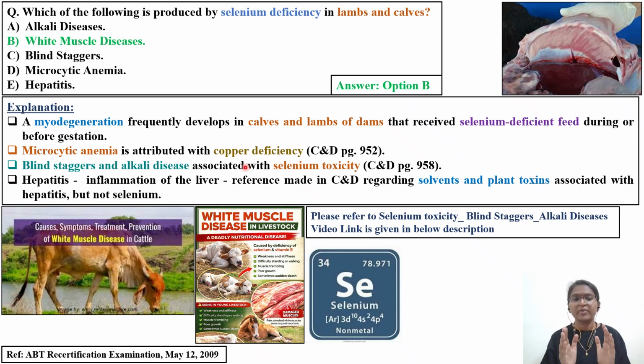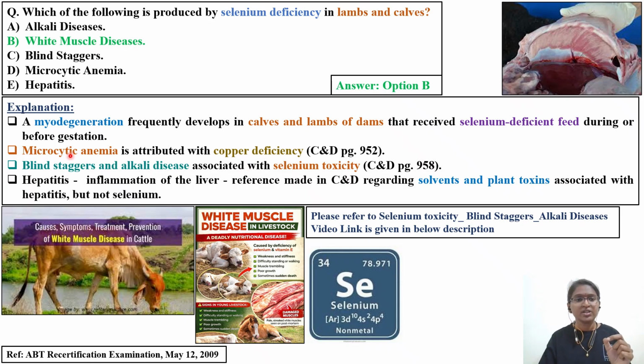Another thing here, pause the video and try to make notes. You have to read about different types of anemia, like megaloblastic anemia, aplastic anemia, microcytic anemia or macrocytic anemia. For different types of anemia, one or two questions you will get in the exam. So try to make notes, make a list of types of anemia and what is the metal or the particular drug which is responsible for causing each type of anemia.